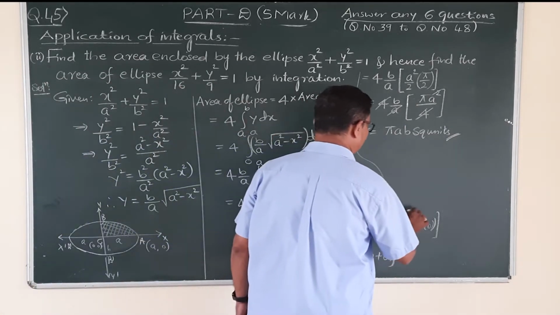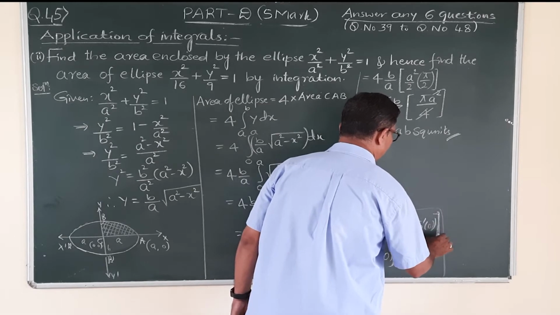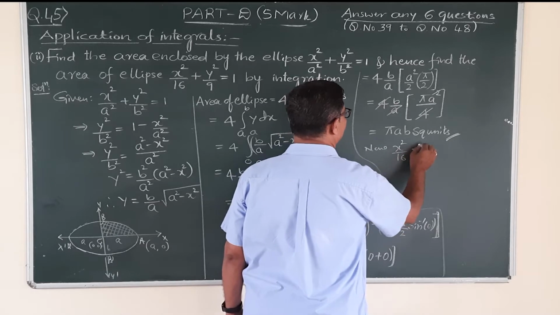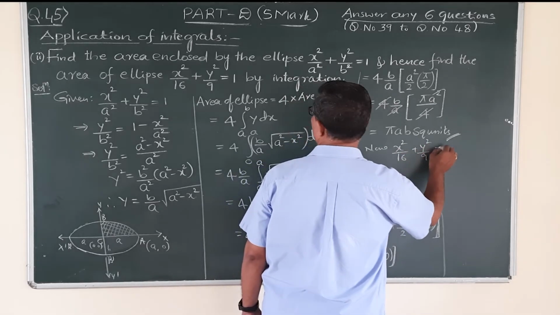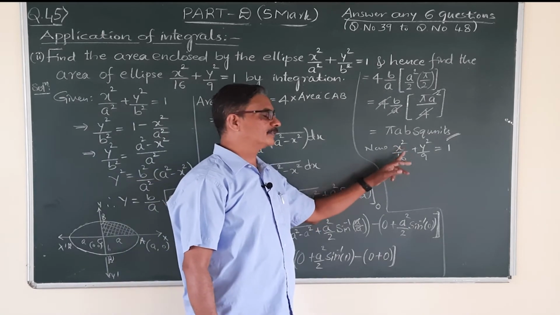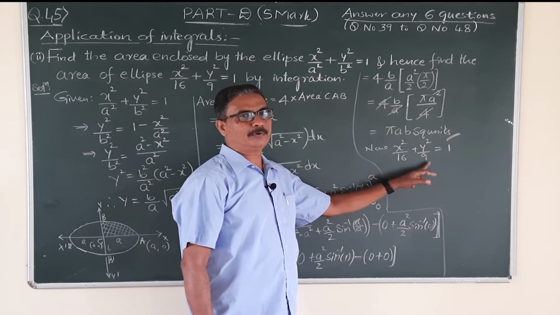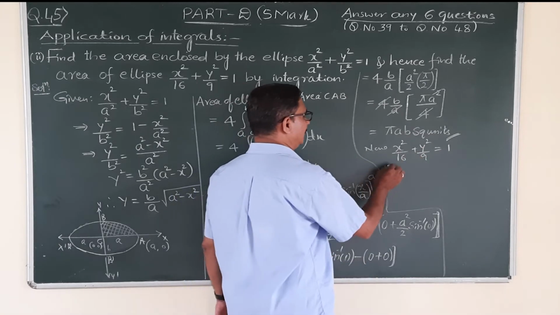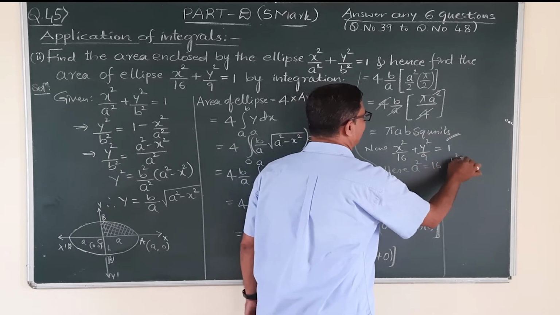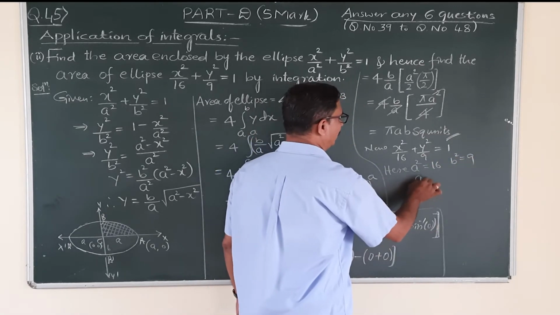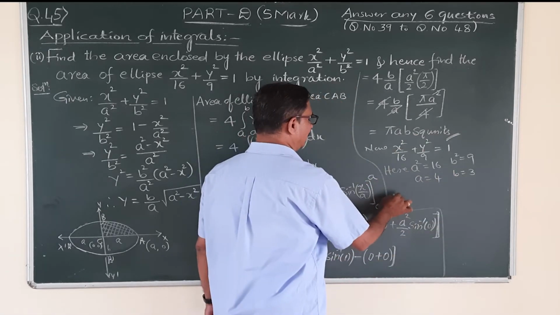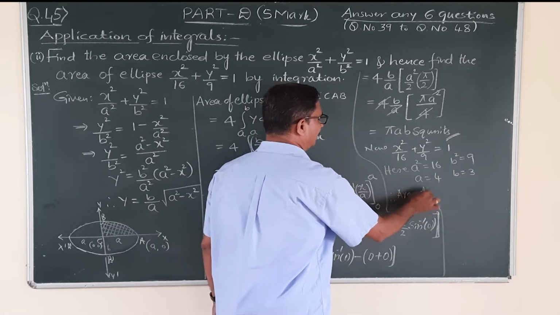Using this to find the area of the ellipse x square by 16 plus y square by 9 is equal to 1. Now clearly it is in the form x square by a square plus y square upon b square is equal to 1. Correct? Here a square value is 16, b square value is 9. Therefore a is equal to 4, b is equal to 3. You know the formula. Therefore area of ellipse